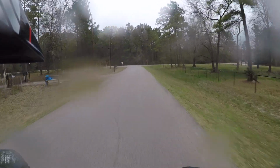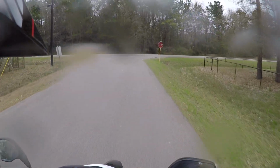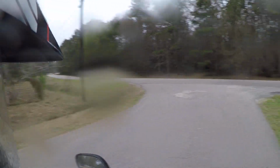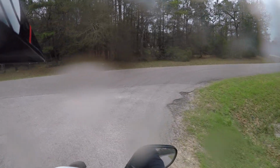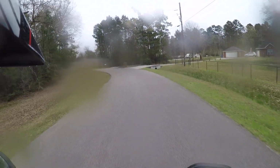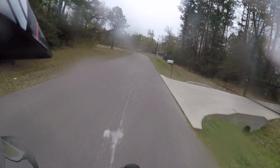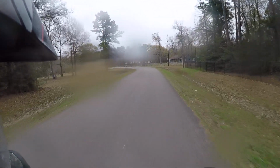So unfortunately, I don't know what I'm going to do with this. It is the first bike that I've really owned. I actually remembered I did have a Kawasaki Concourse, a 2000 model, that I bought as a totaled bike, and I fixed it back up, got it to functional, and tried to teach myself how to ride, but